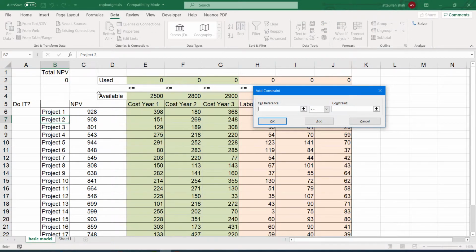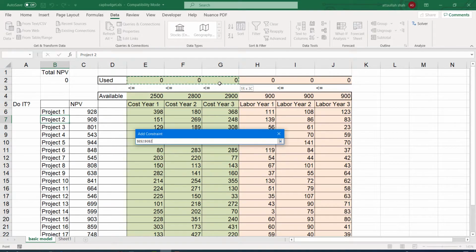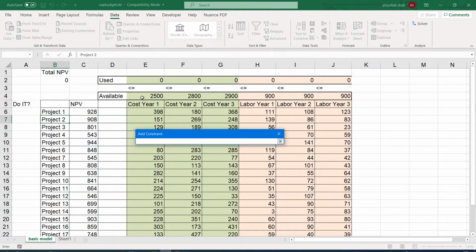Second condition is this, that the used budget, all these cells, should be less than or equal to the budget cells.